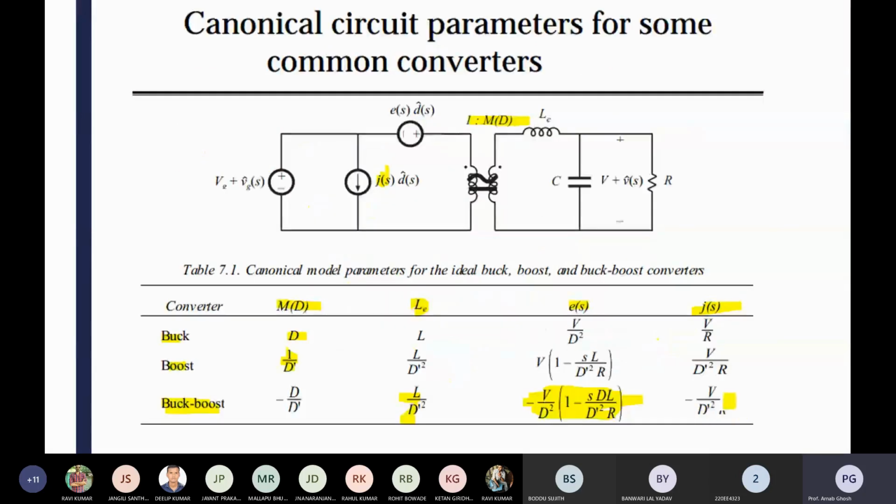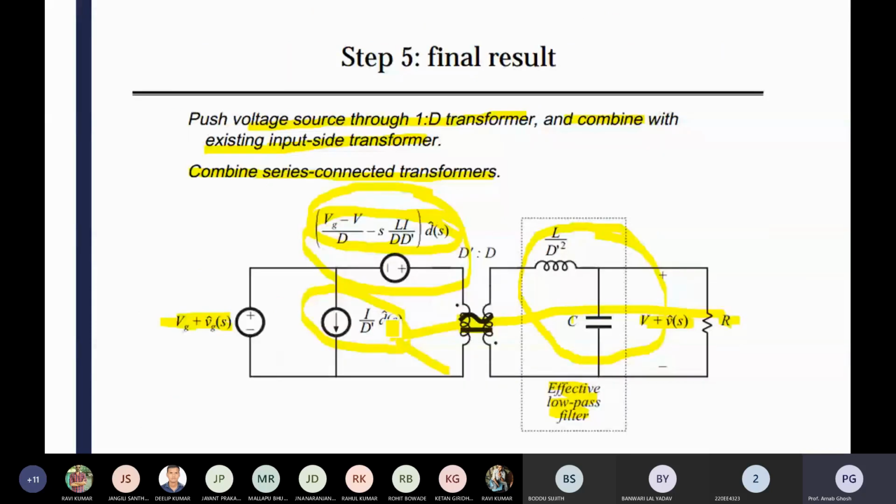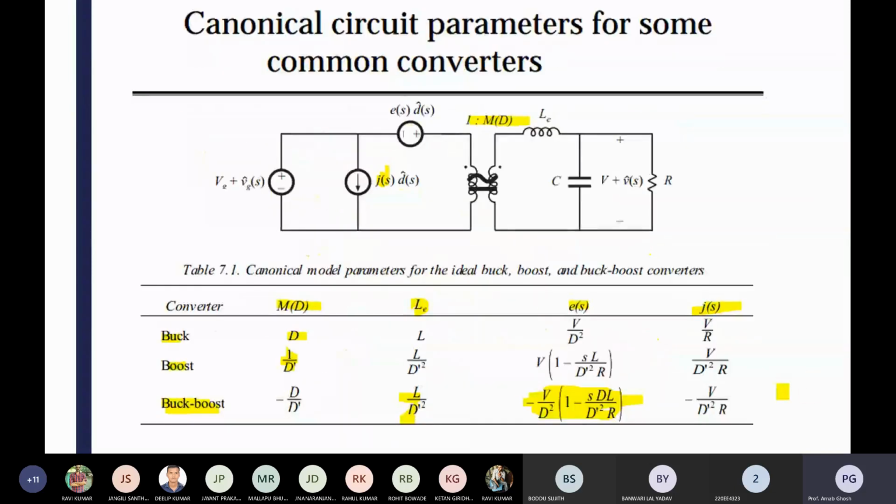Okay, so from I equal to, it is coming I by d dash, so it is V by D dash R. So it is coming V by D dash square into R. Okay, so you can replace that I. In the form of I you can also write it down, but you are doing everything in the form of V, no? That's why you replace that I value with V by D dash R. Okay, so R should be transferred from that side to here. So that's why that D dash is coming like that.